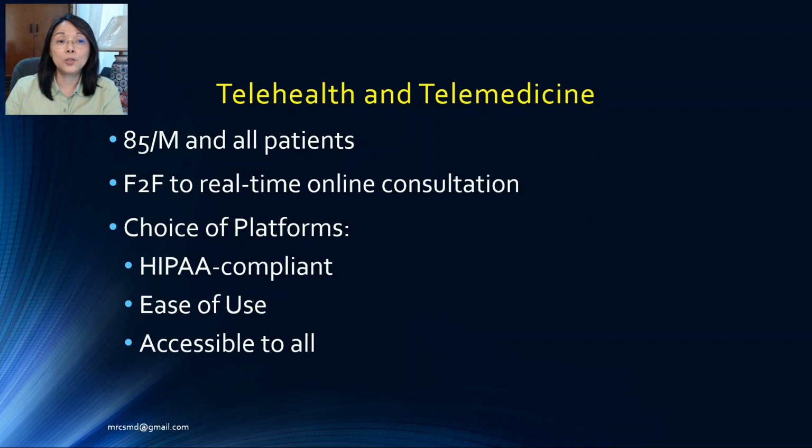1, the service should be secure and private. 2, the platform should be easy to use, not only for me, but more importantly, for the patients. And 3, it should be accessible to all, whether the patients use fiber, cable, or wireless internet at home, or data on their mobiles. After some research, I decided to go with this US-based consultation site, primarily because it was